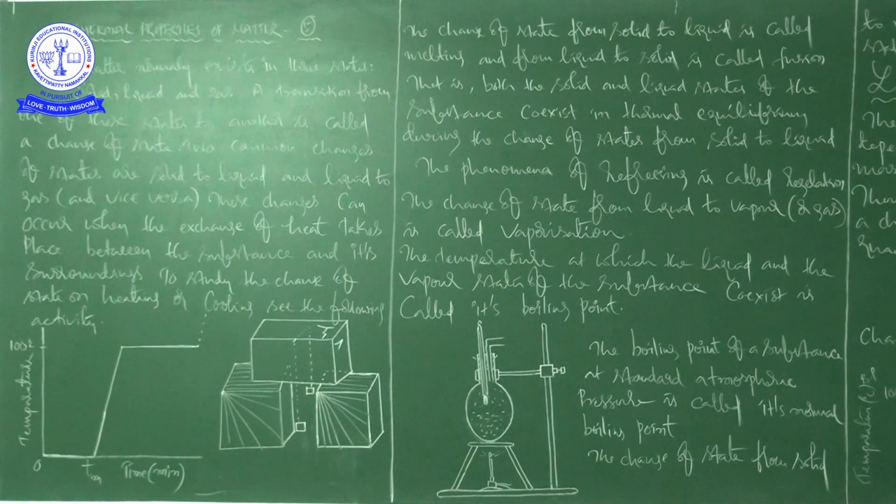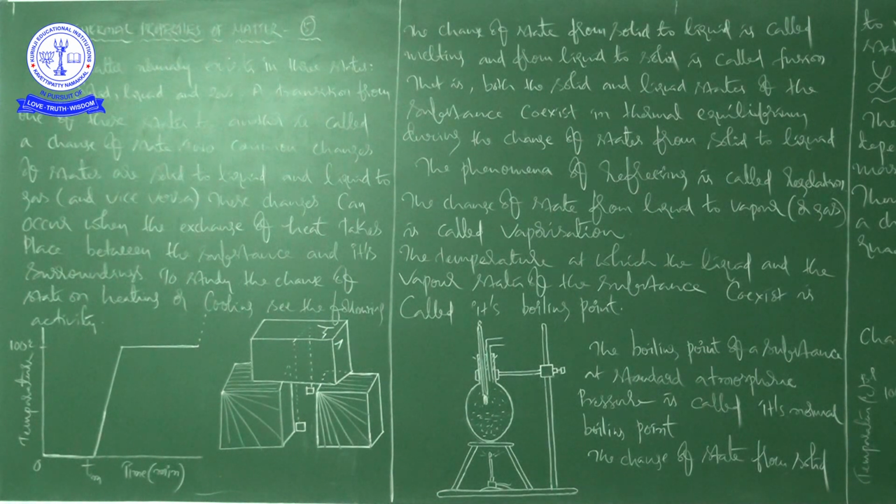www.kurinjischoolnkl.in. In continuation to the last class, in this class we are going to discuss change of state. Initially, we are going to concentrate on change of state. After completion of that, based on the change of state, we are going to define one important physical quantity, that is latent heat. First we are going to talk about change of state.